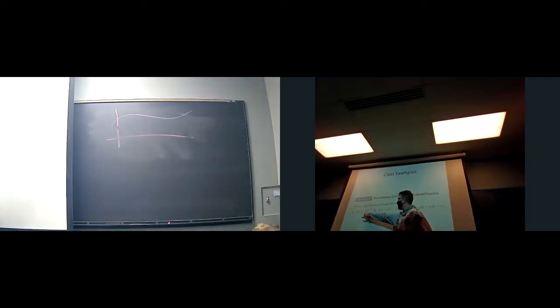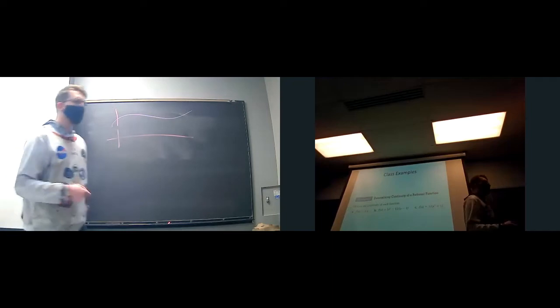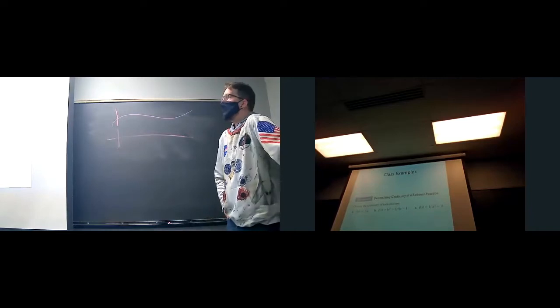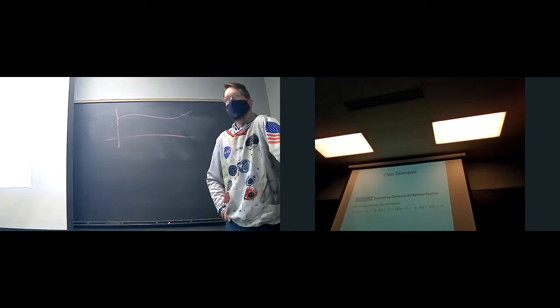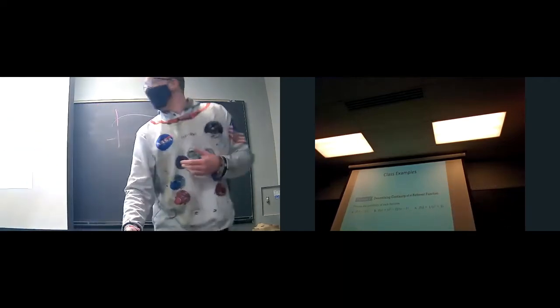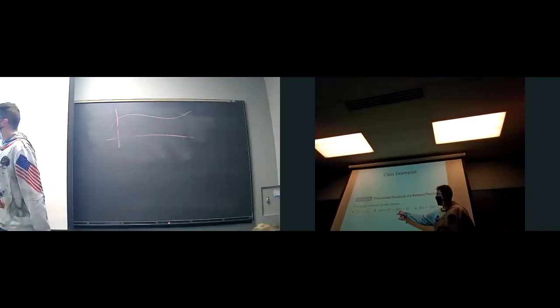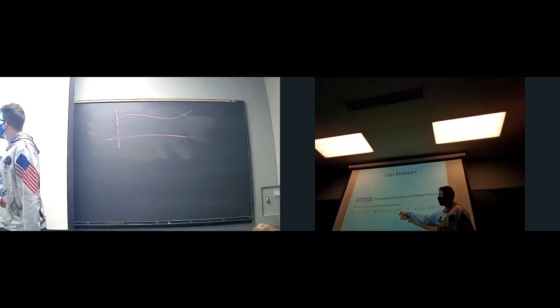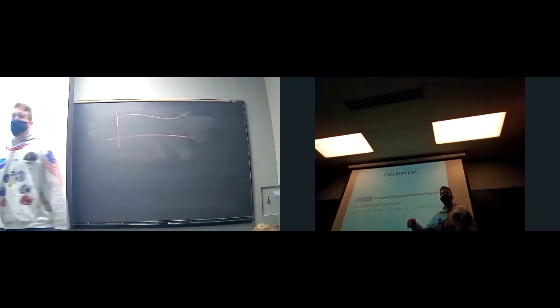Looking at A, when would this be discontinuous? What do y'all think? What numbers aren't in its domain? Zero. So we would say that A is continuous everywhere except at 0, or that it's discontinuous at 0. In the case of B, 1's not in its domain. So B is discontinuous at 1.